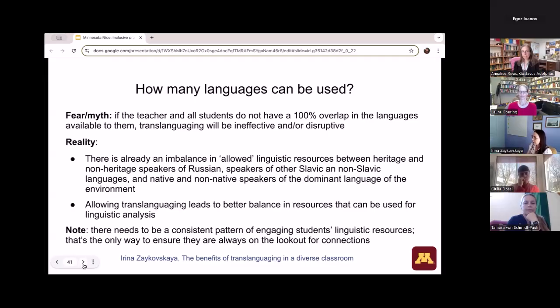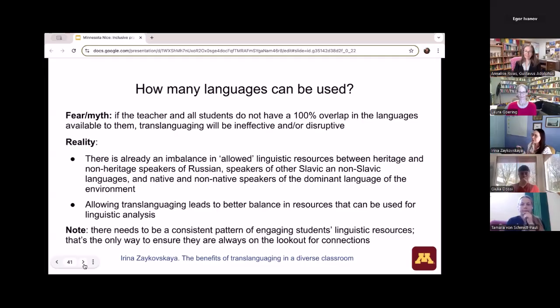And what allowing translanguaging does is it leads to better balance in resources that can be used for linguistic analysis. And my thing is specifically using multiple languages for linguistic analysis in the classroom. Of course, for that to work, there needs to be a consistent pattern of engaging students' various linguistic resources. So my goal is to prevent the